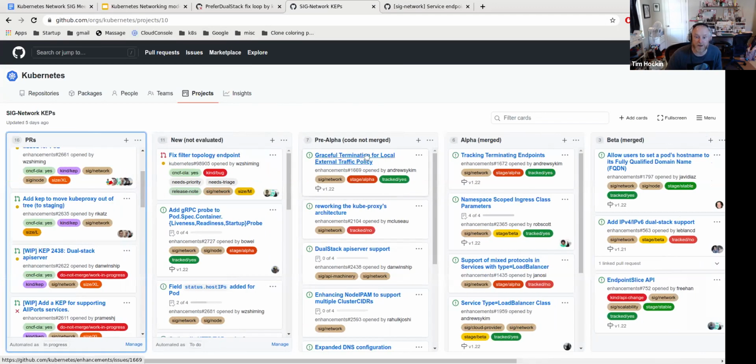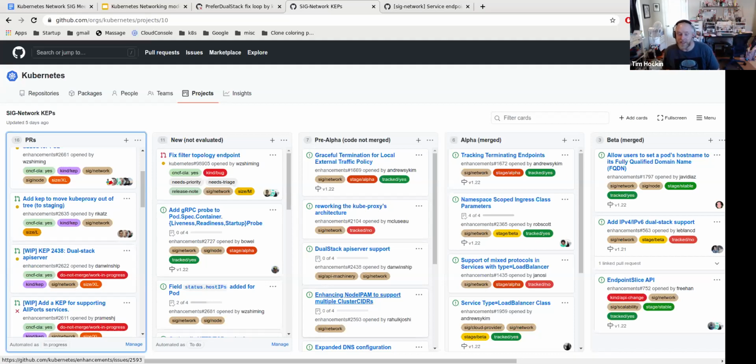My process was basically to look at the KEP, figure out which gates it referred to, go back to the code, and in package features, find the gate, and confirm that it was in fact alpha or pre-alpha, or whether it had been merged or released yet. It was just a little bit of back and forth between windows. It wasn't super painful, but it's a little bit of work. And then I would love to visit this every meeting or every couple of meetings just to see how things are going with all of our various KEPs.